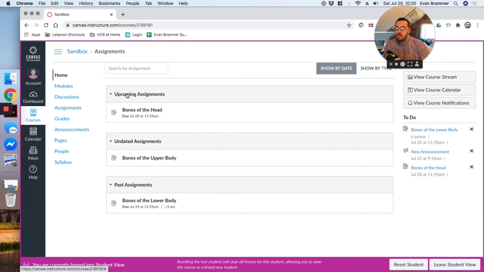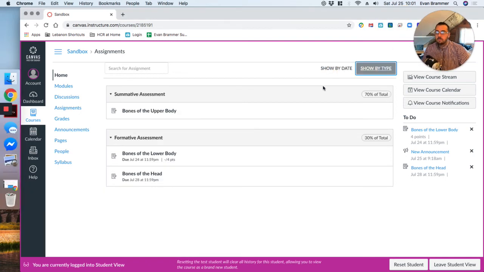And notice they see upcoming assignments, assignments that have no dates. Maybe this is a big project or just some content that I want them to see. And then past assignments. The benefit of this is that it does give them, hey, this is what's coming up. You need to be focusing on these things. They don't see the weighted categories. That's something I see. But it also allows them to change it, that if they,